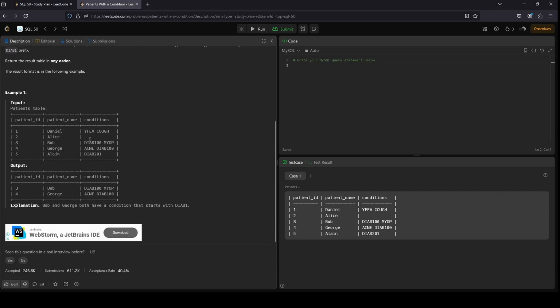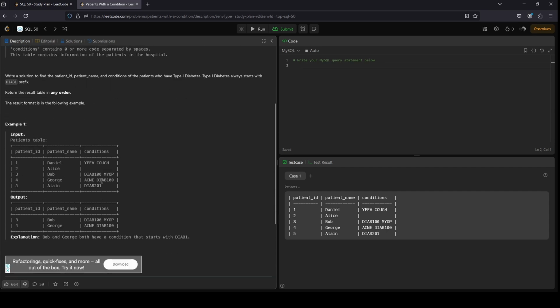Okay, so we have DIAB1. If all the patients have DIAB1, we will get all those patients. As you can see, DIAB1 here and DIAB1 here. So we have Bob and George with these two conditions. Okay, but as you can see, let's say if